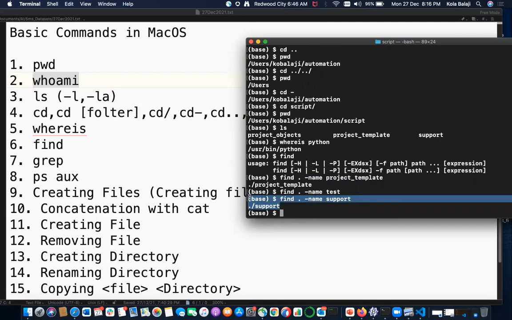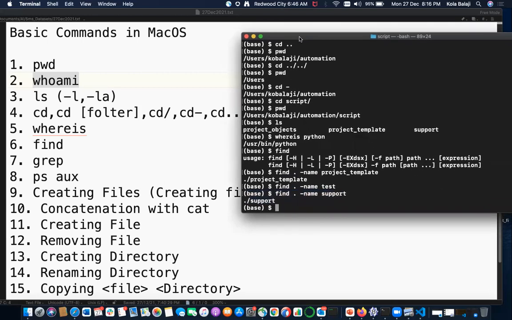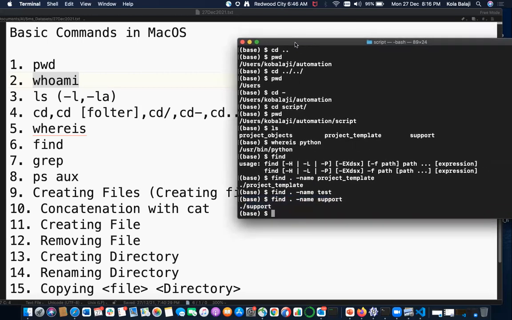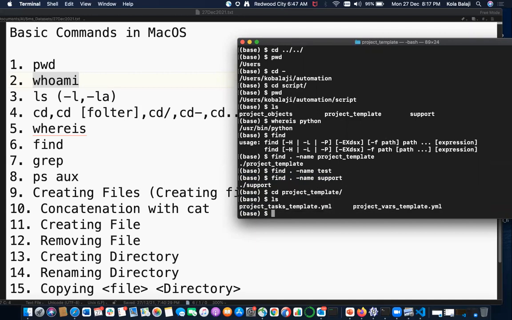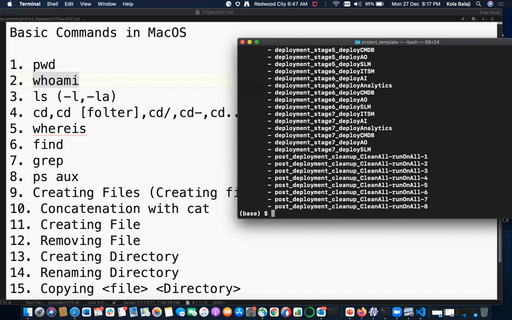And when coming to grep, grep is a very useful command if you want to find a particular word in a particular file. Okay, assume like project, but I'm going to insert the project template and I can see the project tasks.